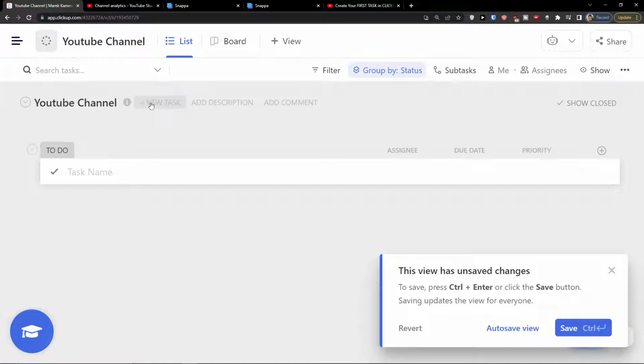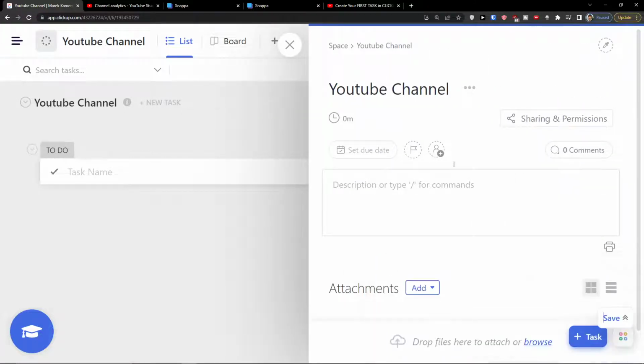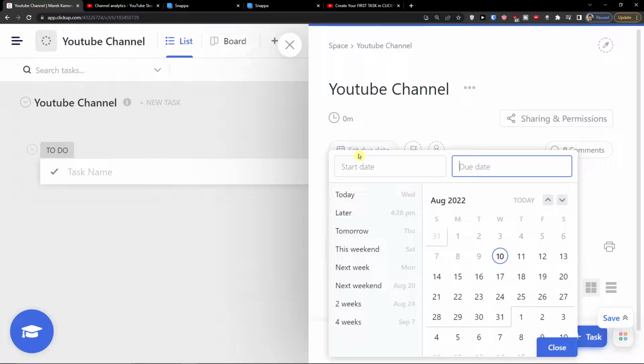When you click directly here, you're going to have a new task that you can add. You can add a description. In the moment when you click and add a description, you would get to the list option where you can see the time tracked. You would find sharing and permissions. You can set a due date,